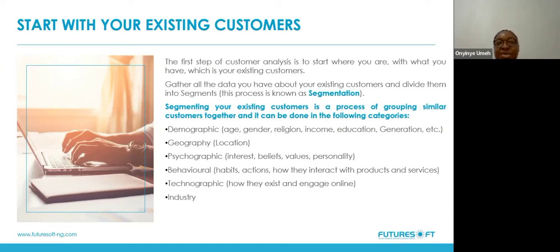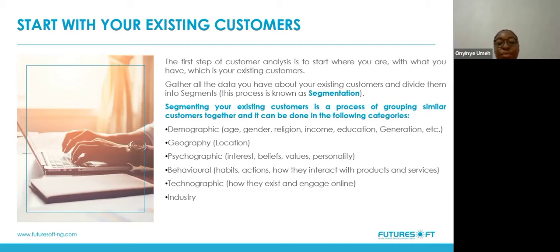There's also behavioral, which is the way that specific audience behave, their habits, their actions, how they interact with products and services. Are they people who like to try out new stuff? There are particular audience who like things that are new. They like to be the first people who try out things. Some people like to have seen other people try it before they would trust that product or service and go ahead to try it. So what sort of behavior, what sort of habits do your target audience have? This is another way to segment your audience.